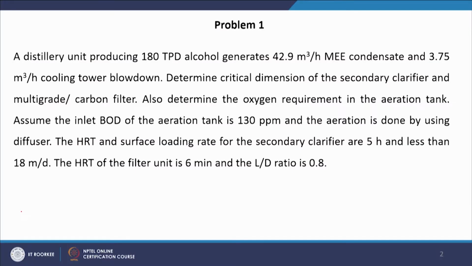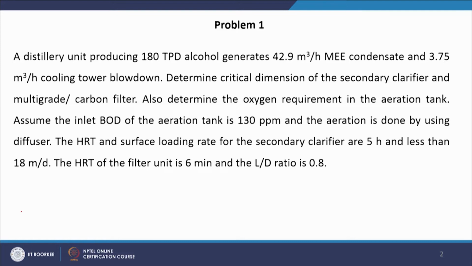Hello everyone. Now we will have a tutorial session and we will solve some numerical problems on the basis of discussion we have made in the last 4 classes. Our first problem statement is: a distillery unit producing 180 TPD alcohol generates 42.9 meter cube per hour MEE condensate,